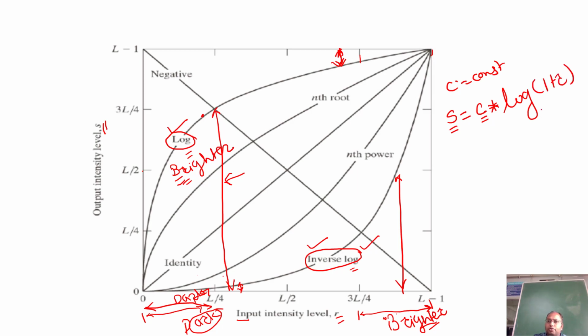This is the function for this conversion. By means of this function we are going to convert the input pixel intensities using a log function, and that will be mapped to s, which is your output intensities. Is that fine? Let us discuss that.